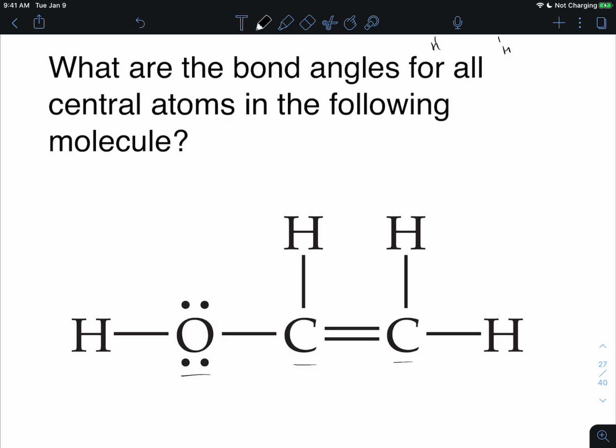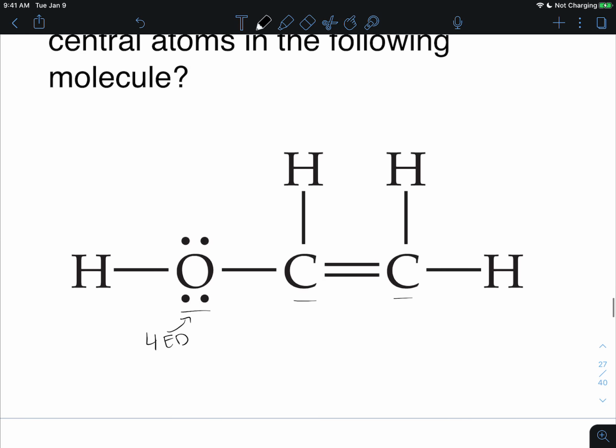So if we look at this oxygen right here, this oxygen has 4 electron domains and 2 non-bonding domains. So it's going to have a tetrahedral electron domain geometry and a bent molecular geometry. Okay, it's a tetrahedral structure with 2 lone pairs, so this bond angle right here is going to be